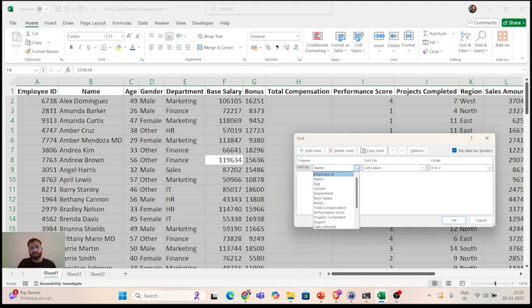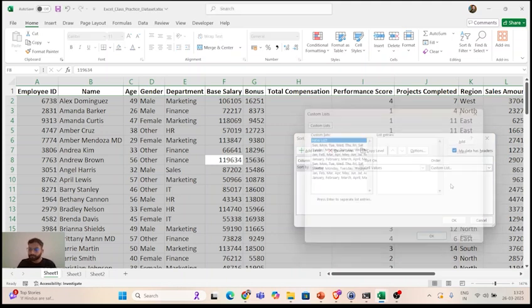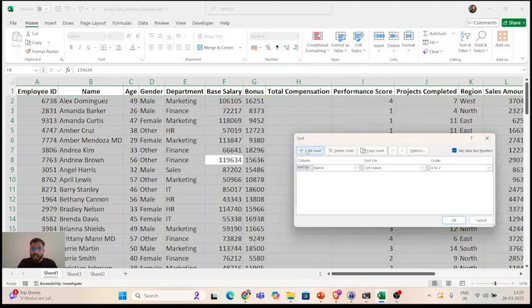Correct? So let's say for example now name, sort on cell color, font color, cell values. Let's say cell values as of now because I want to sort the data based on the value in the cell. And in what order? A to Z ascending order or Z to A descending order, or you can also customize it. Correct? So let's say okay, Add Level. You can see this option Add Level. So read it very carefully. Sort by name based on cell values in ascending order.